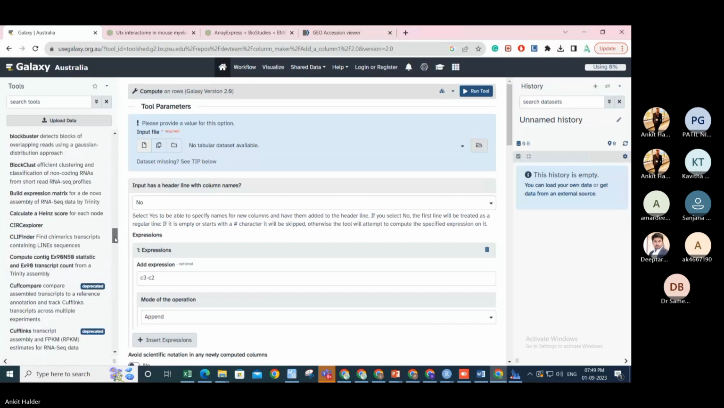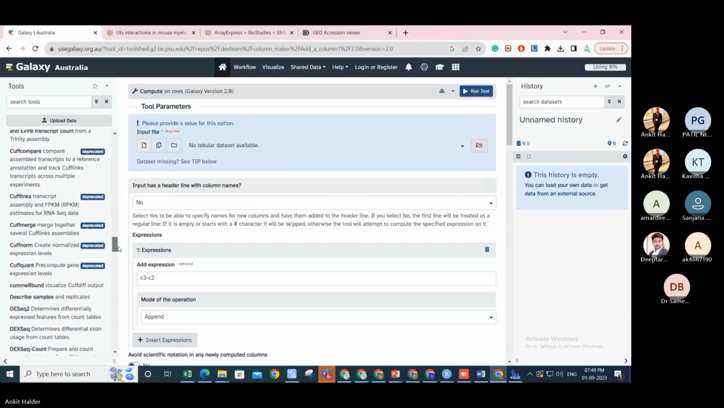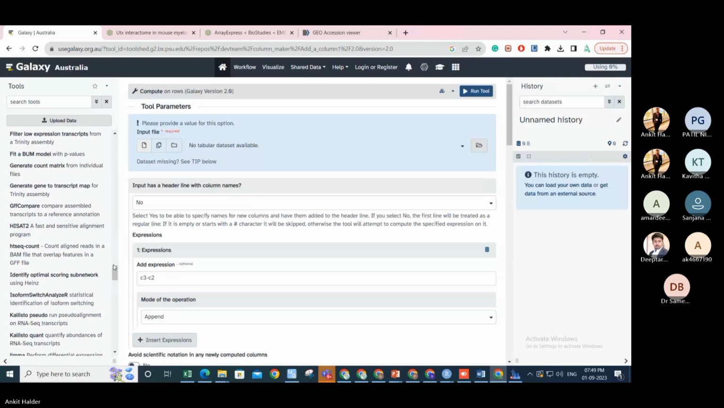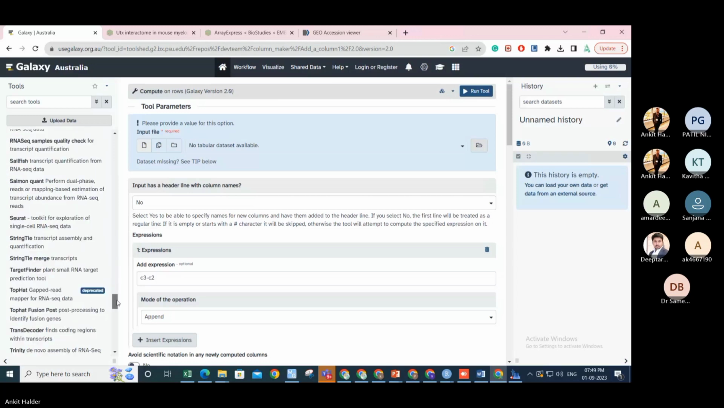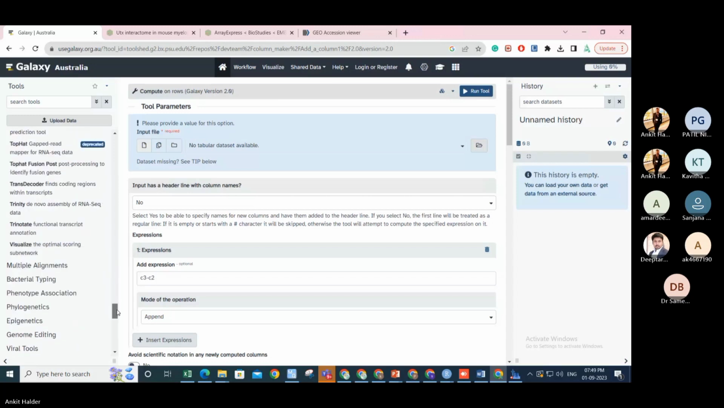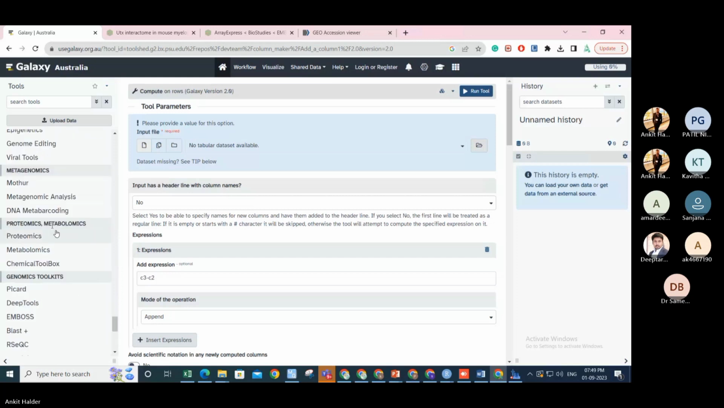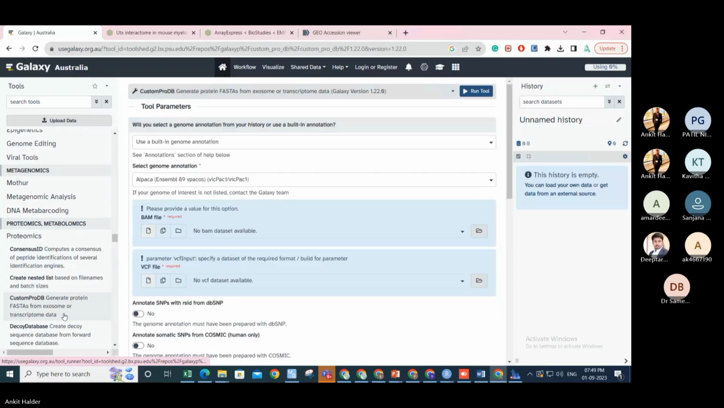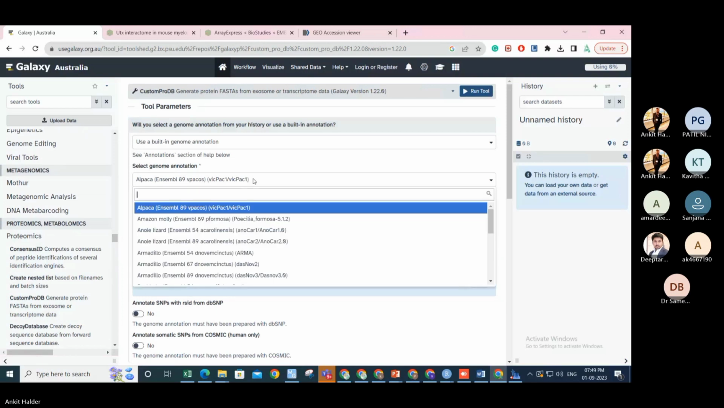Okay, so all this can be performed on Galaxy. There are tons of tools which you can use. Similarly for proteomics, there is CustomProDB, where we generate a protein database from exome or transcriptome data. So for proteogenomics, if you have a BAM file, a VCF file, and a genome annotation, say GRCh38,